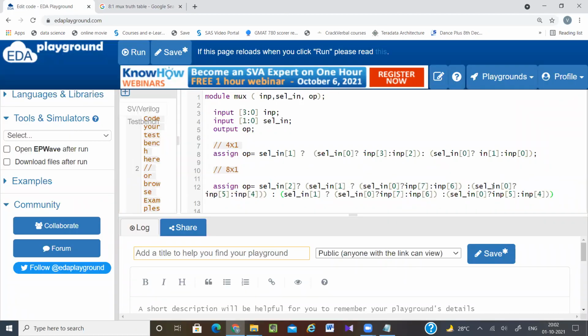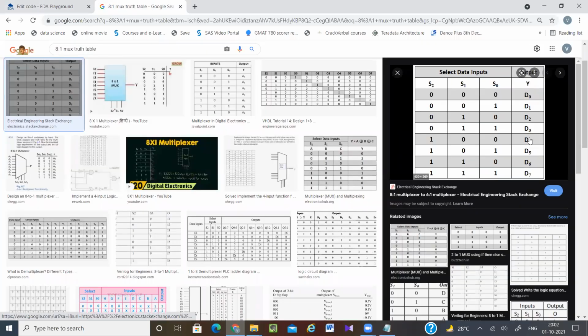So instead of input 7, I have to start with 4, 3, 2, and 1. You can see here, sorry, not 4, 3, 2, 1.